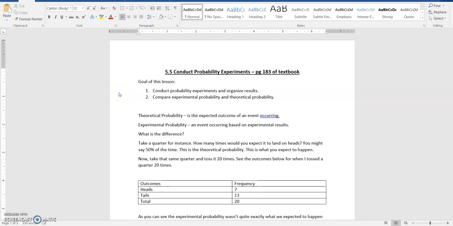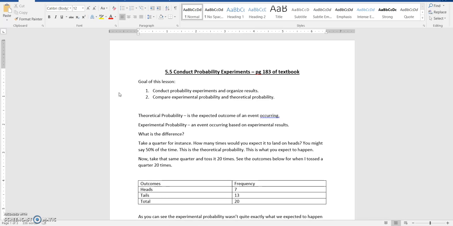Hello, grade 7s. Welcome to this week's assignment and lesson 5.5, Conduct Probability Experiments. You can find this on page 183 of your textbook. So the goal of this lesson is to conduct probability experiments and organize results, and compare experimental probability and theoretical